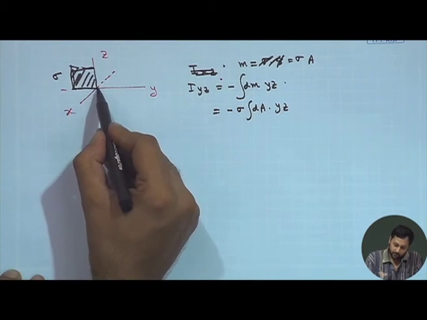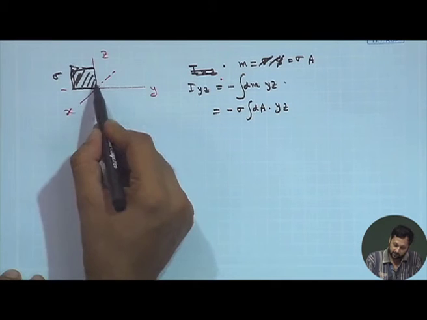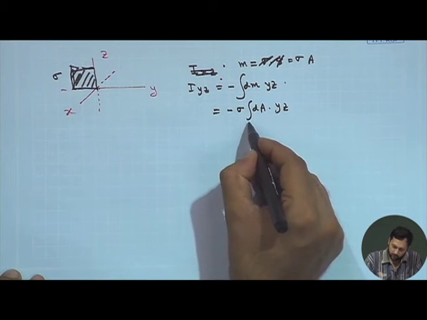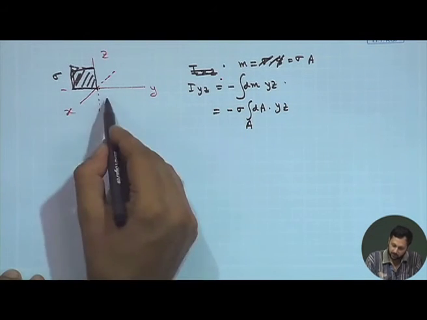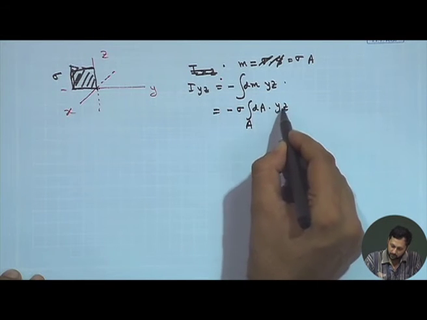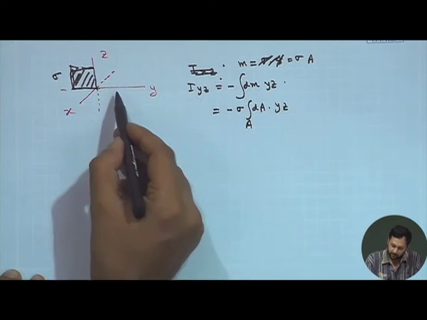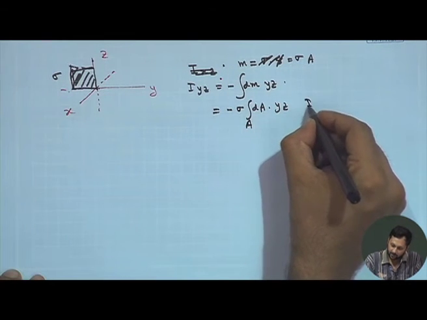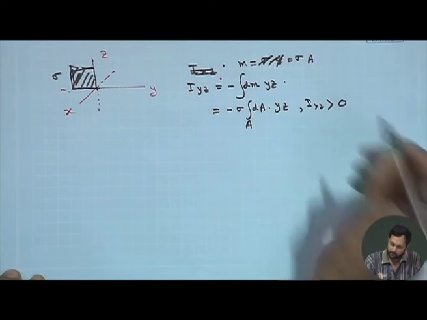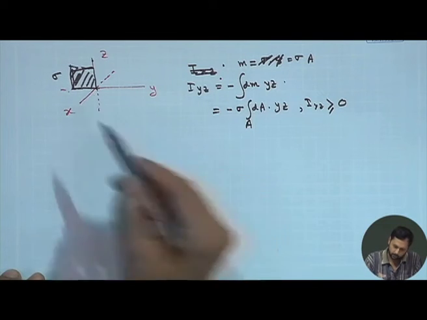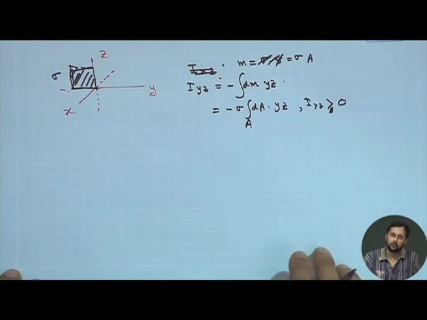It is spread over negative of y axis and positive of z axis. So, this integration is over the entire surface, the entire area of this disc. This integration will always give you a value of one sign, because one of these two quantities y and z is always negative and the other one is always positive. So, resultant Iyz will be greater than 0 or could be equal to 0 also. In this case, actually it will not be equal to 0. So, it will be greater than 0, right.